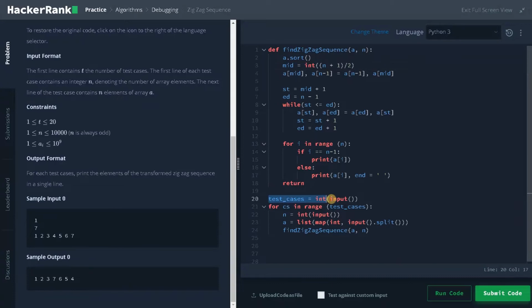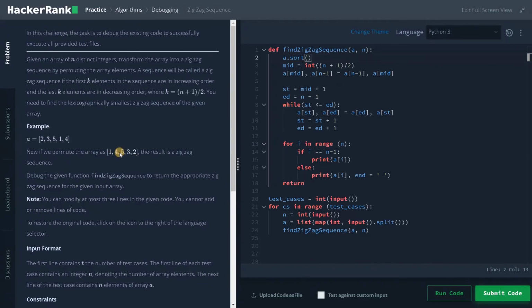Now this is the main function, test case input. They are getting the input n and a, that is the array, and they are just calling the function. Now this is the array. They are just sorting the array elements. So they have used the sorted operation, and this is finding the middle element, that is (n plus 1) divided by 2. So it will be pointing to the middle element.